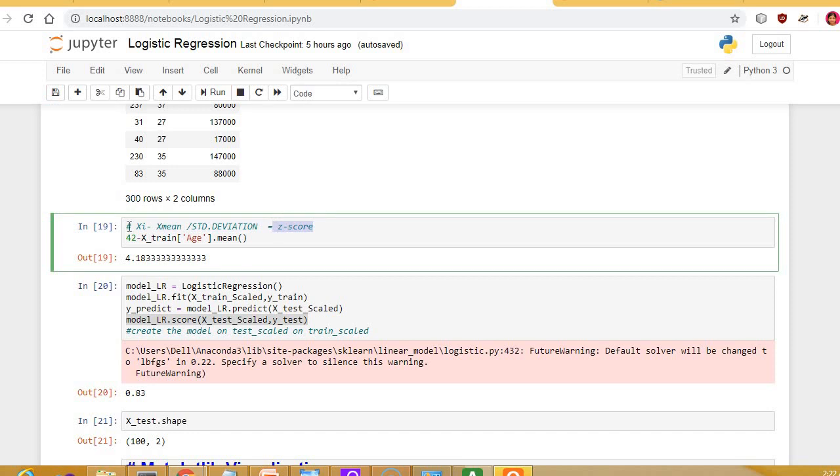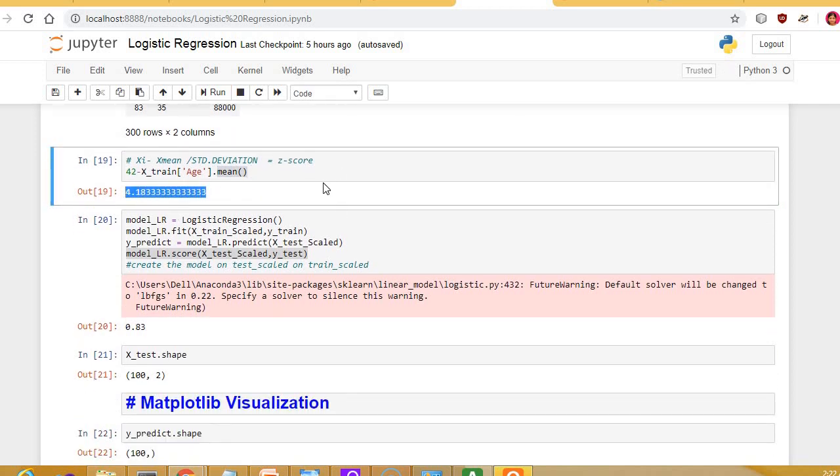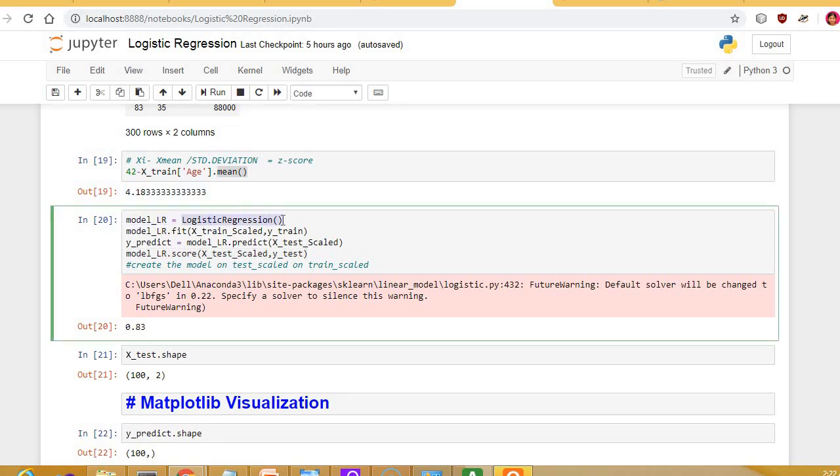You can arbitrarily take any x_i value minus x_train age mean, and it gives us 4.18. That is a different story; we will have one more lecture on the Z score and these normalization techniques. Now we will bring our focus back to our model, logistic regression.